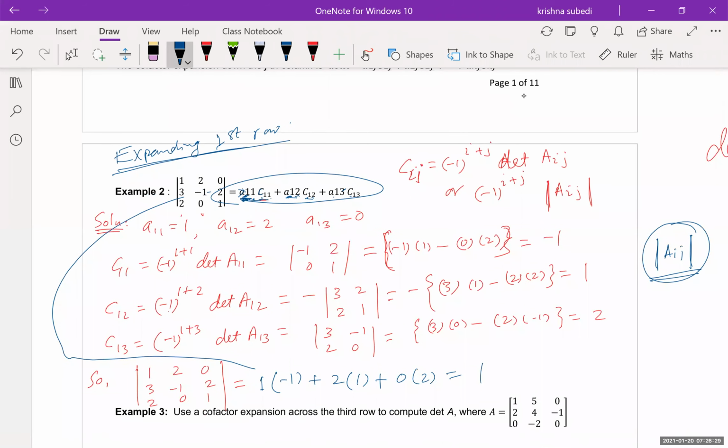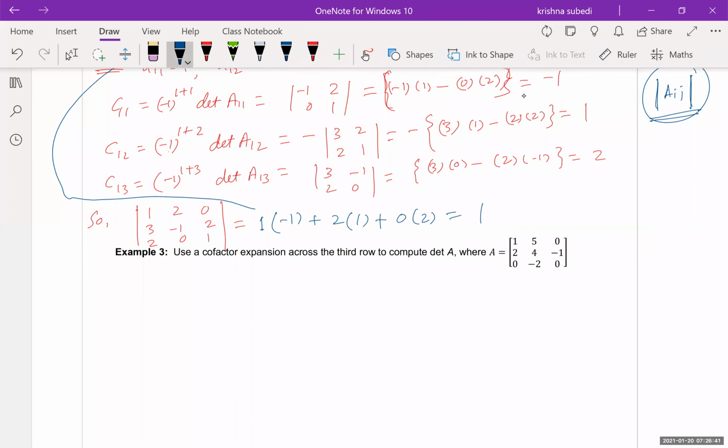In the same manner, you can expand the second row, you can expand the third row, you can expand the first column, second column, third column, doesn't matter. You still get the same answer. Okay, so let us work on example 3. In this case, use a cofactor expansion across the third row to compute determinant of A. So third row means we will expand this. Okay, so expanding third row,